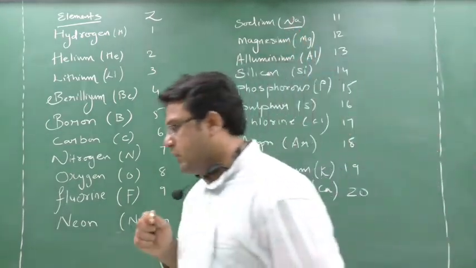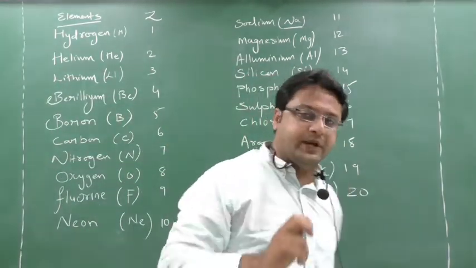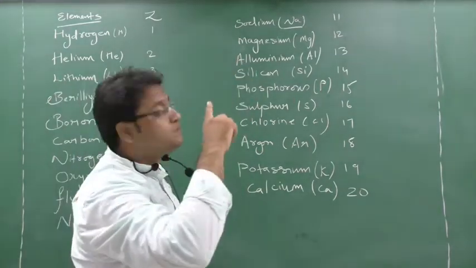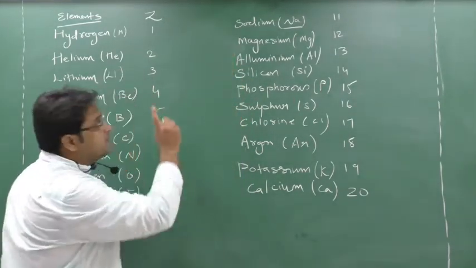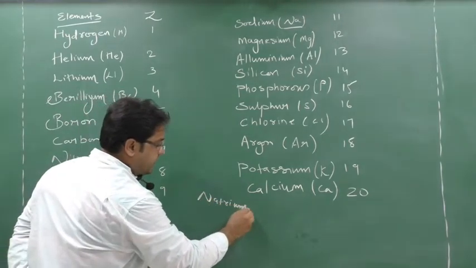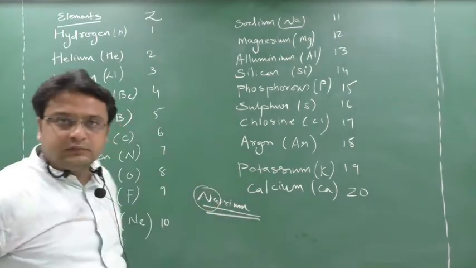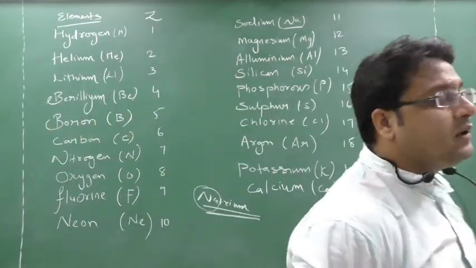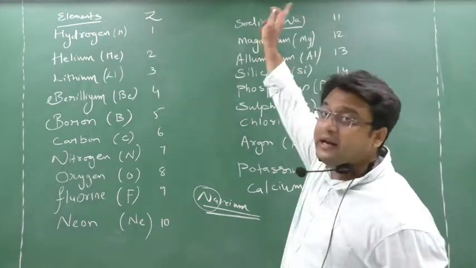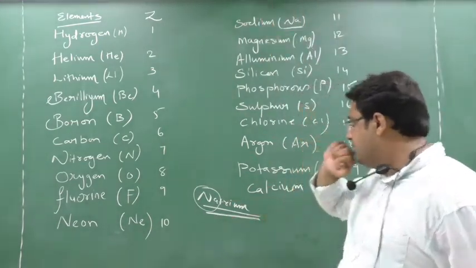Why is it so? Because in chemistry certain symbols are taken from the Latin name. The sodium symbol has been taken from the Latin name. Sodium's Latin name is natrium, and from that they have taken Na. Clear? So the actual name of sodium in Latin is natrium, and from that natrium they have taken the symbol Na.